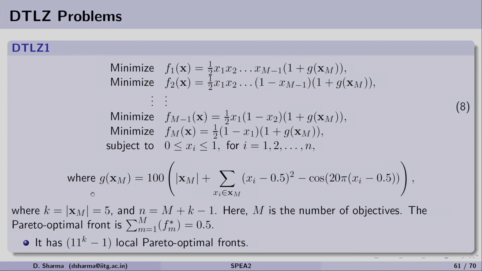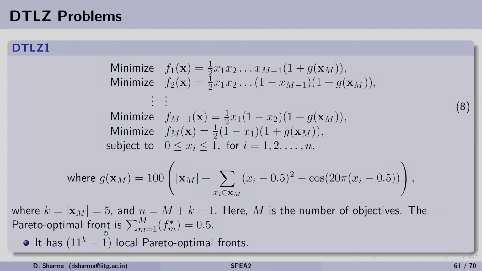For solving the DTLZ1 problem, we have taken a parameter k, which is the cardinality of xM, equal to 5. So the number of variables for the DTLZ problem will become M plus k minus 1, where M is the number of objectives, k is 5, and minus 1.